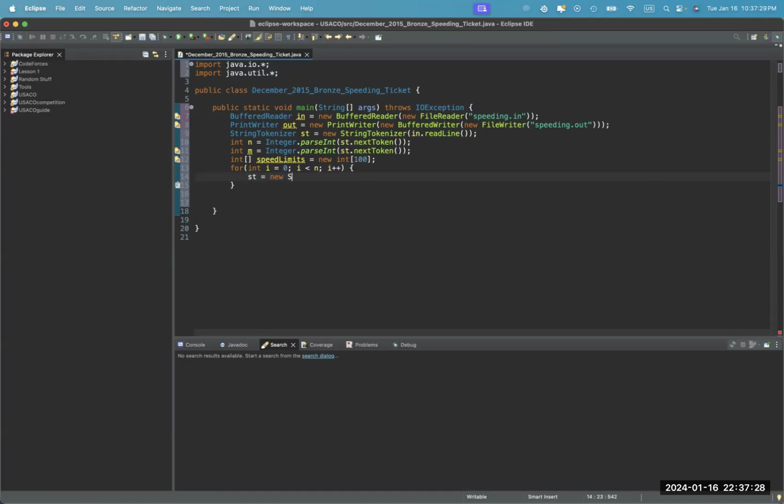st is equal to new string tokenizer in dot readLine, and then int length of segment is equal to, and then int speed limit is equal to this,